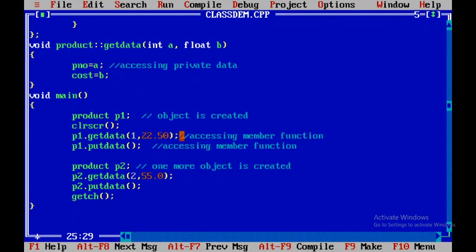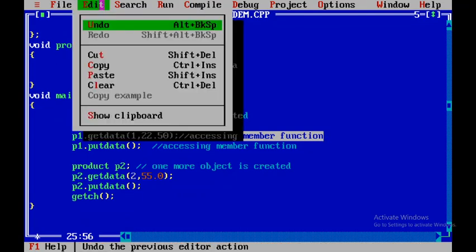So for P2 again I am going to repeat two statements. P2.getData with values 2, 55.